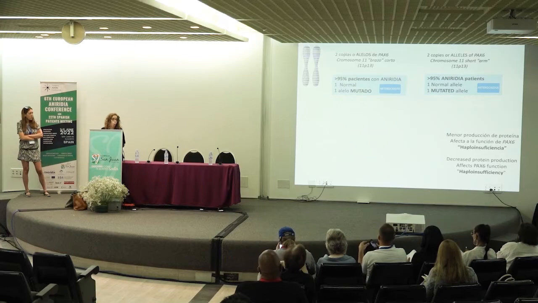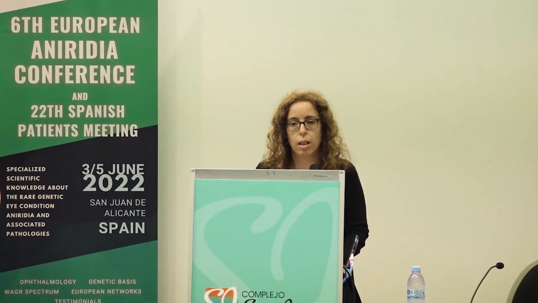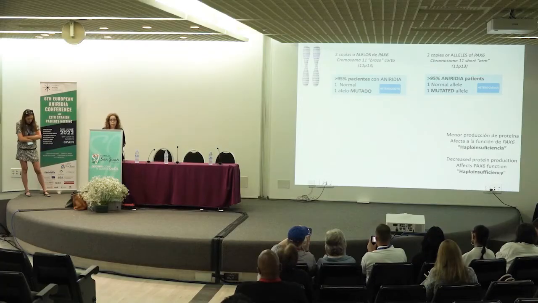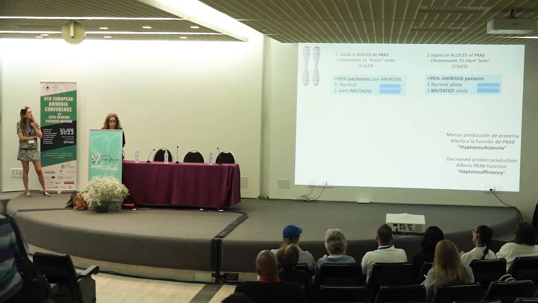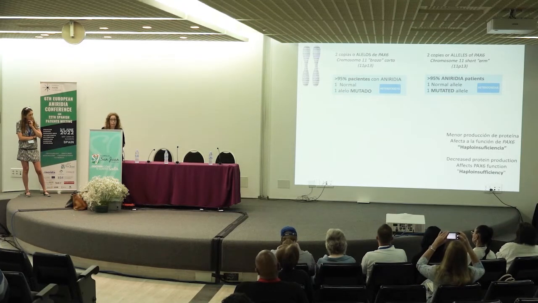We all have 2 copies or alleles in our genome, one in each chromosome 11 in a region called 11p13, and nearly all the patients, more than 95% with aniridia, have a normal allele but also a mutated